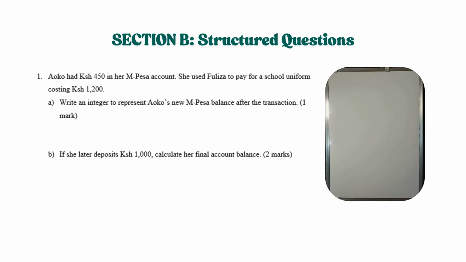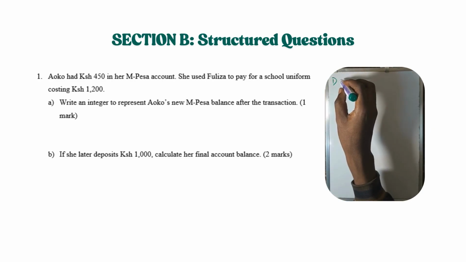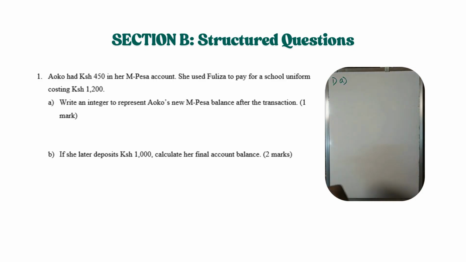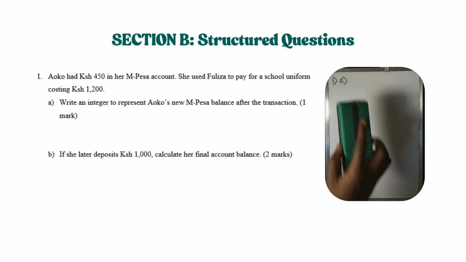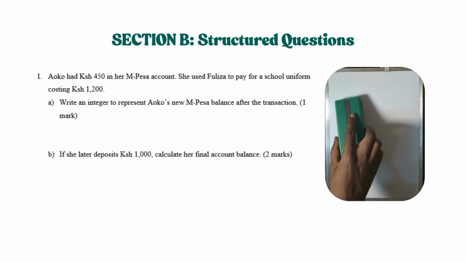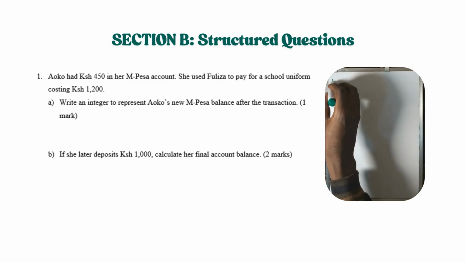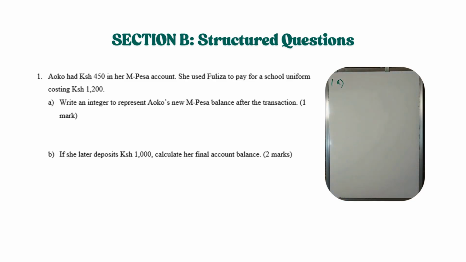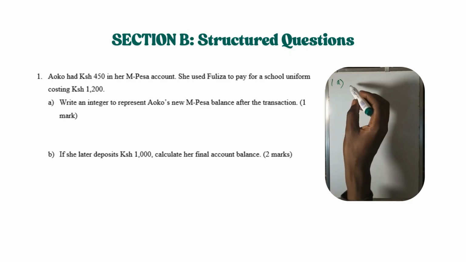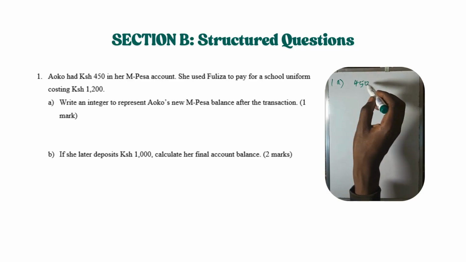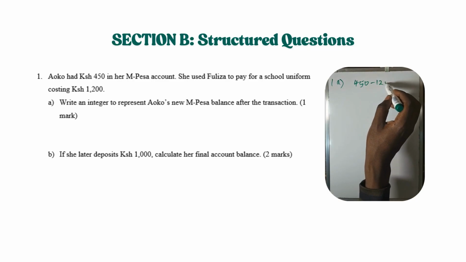So for part A, the right hand integer represents our positive M-Pesa balance after the transaction. Balance will be the initial money versus cost of uniform. So that will be the initial money, which was 450, minus the cost of uniform, which is 1,200,